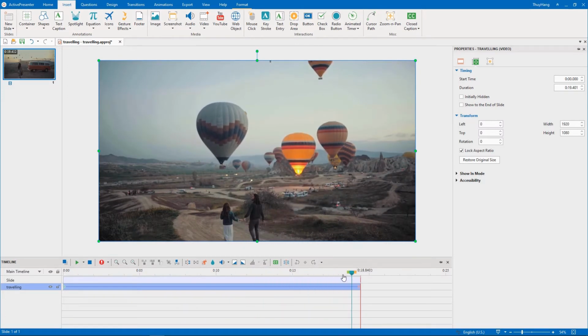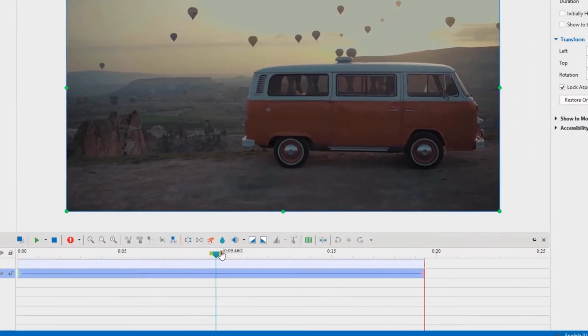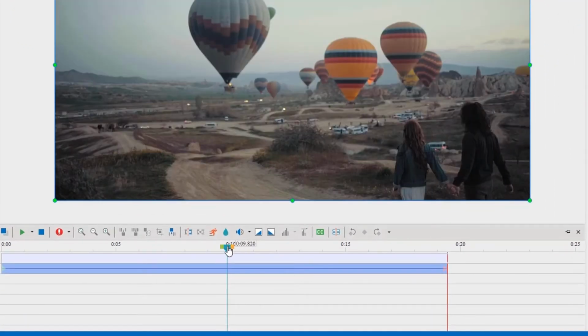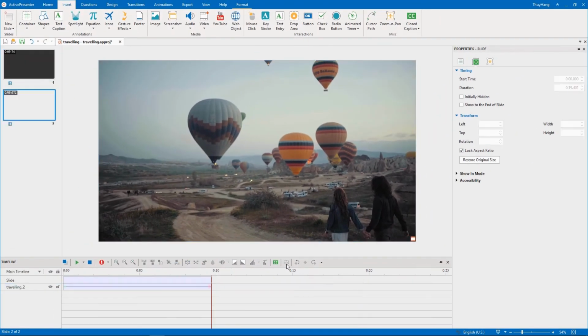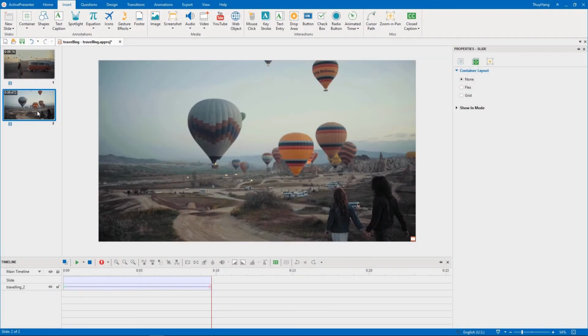I would like to divide this slide into two parts for easier editing. So, the first thing I need to do is to specify the position in the timeline pane, where I want the slide to get split. Then, click the Split Slide button. As you can see, now I've got two slides here. After that, I can easily edit the separated parts like adding transitions to the start of the new sections.